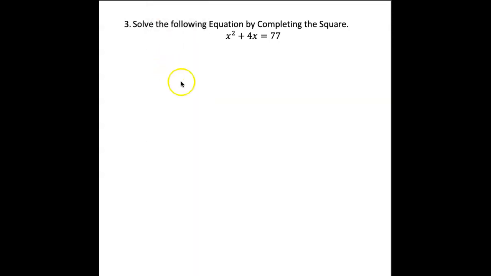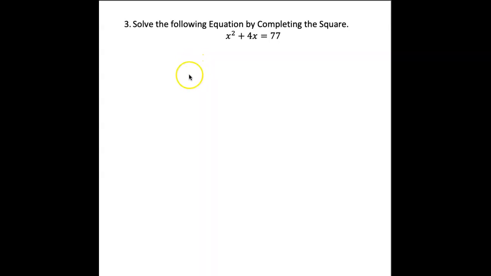Let's go ahead and see what the third example is about. And let's keep changing colors as we go through this. Let's just keep playing a rainbow here. Example 3 says, solve the following equation by completing the square. Okay, so the idea of this,